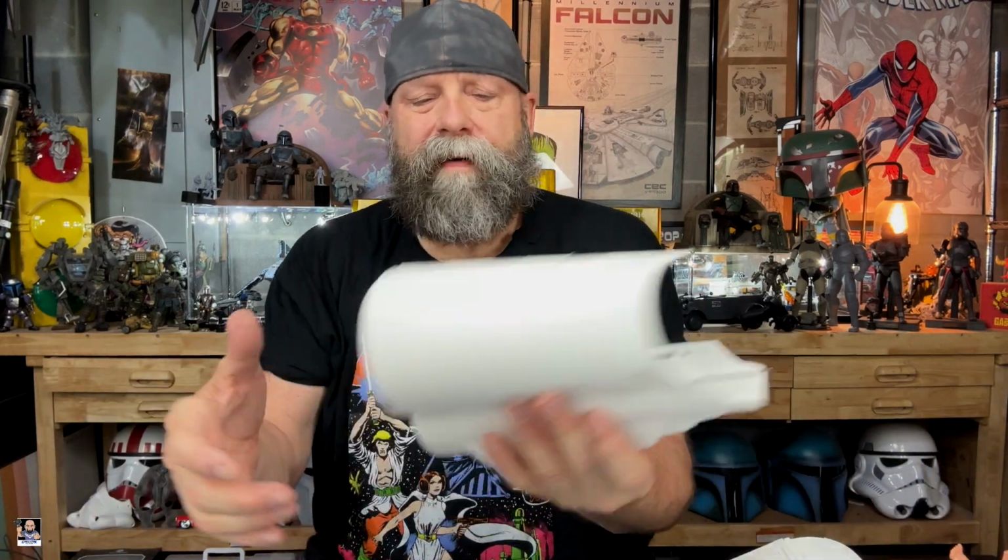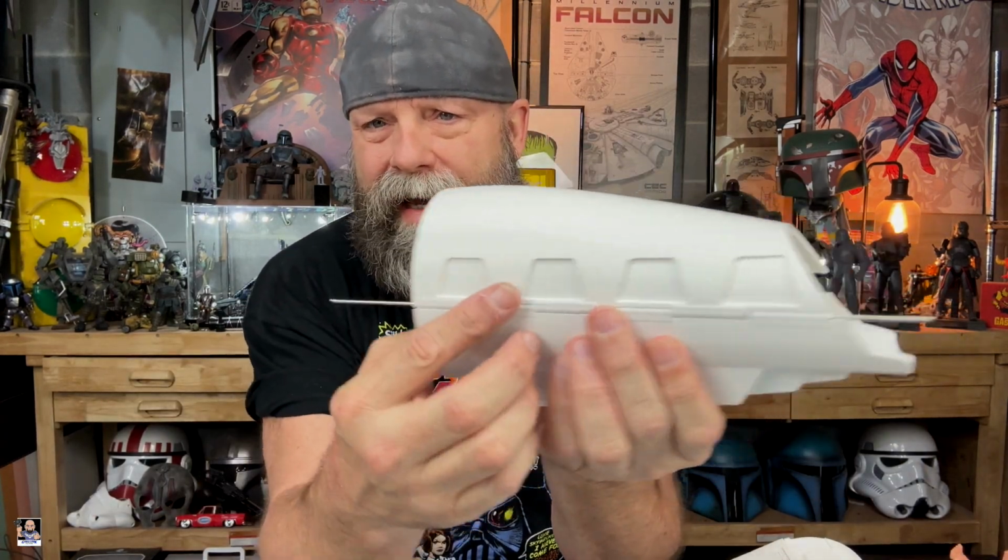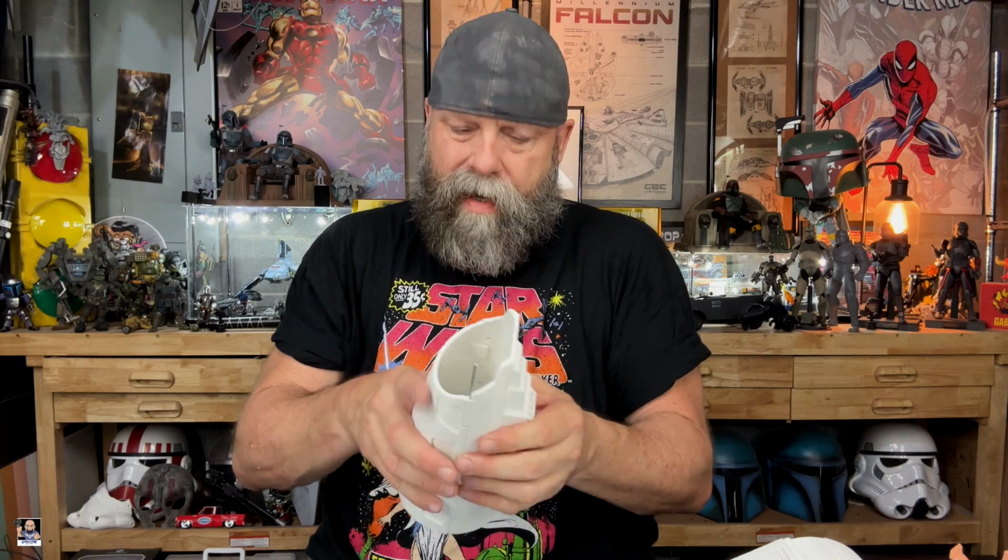Very, very simplistic. Once you clean out the hinges, you just run it through and you're good to go. Some of the things I wanted to touch base on, when we look at some of the reasons why I redid these,